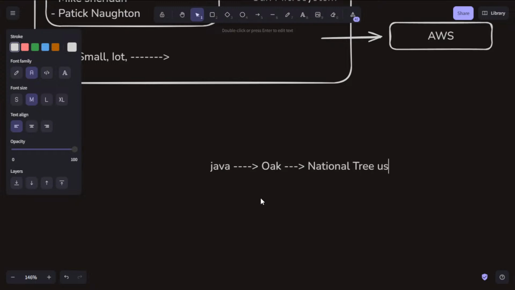Oak was the national tree of USA, France and Germany.